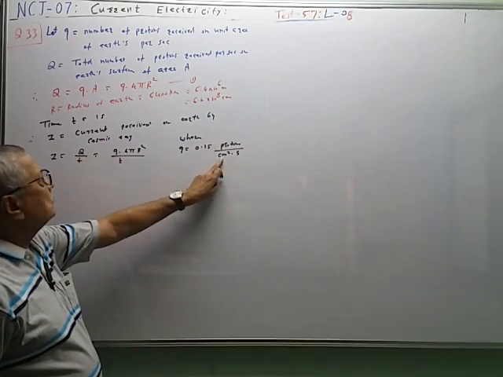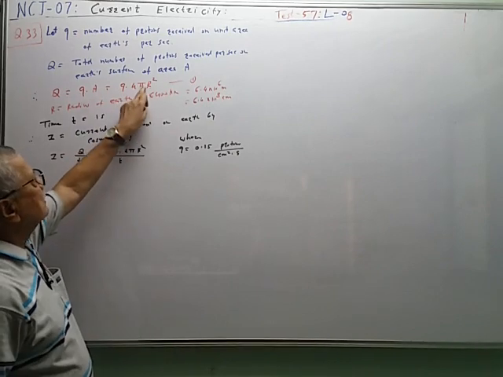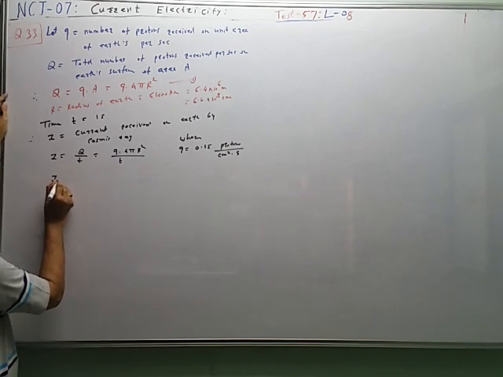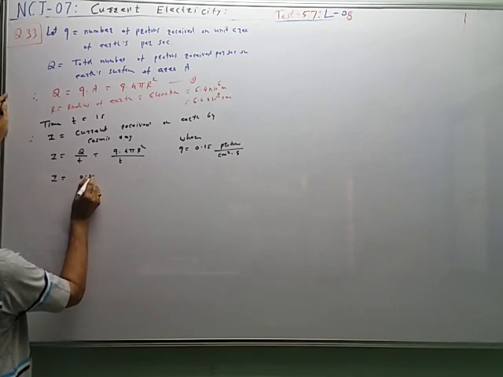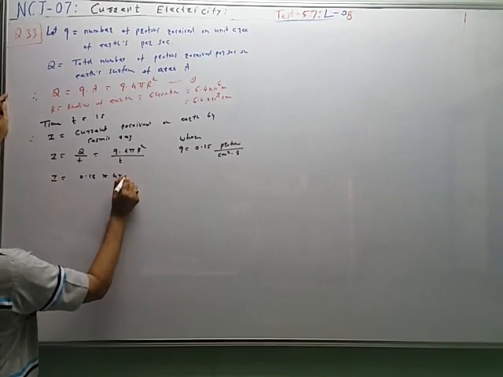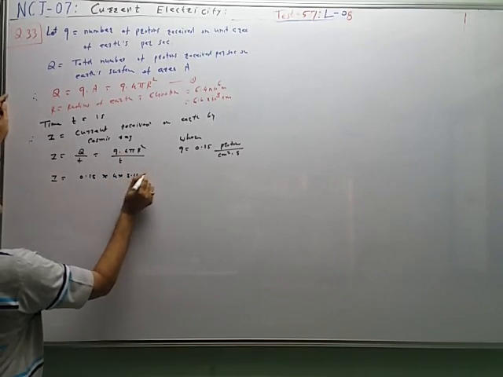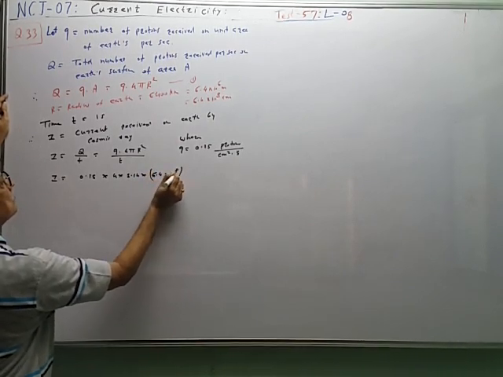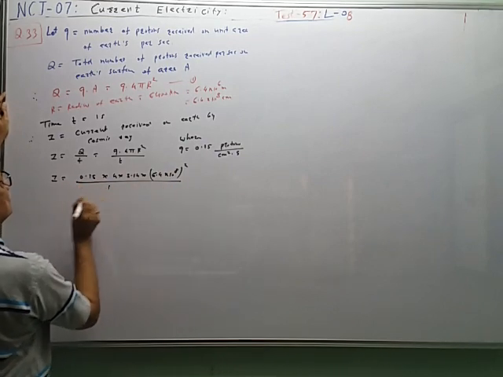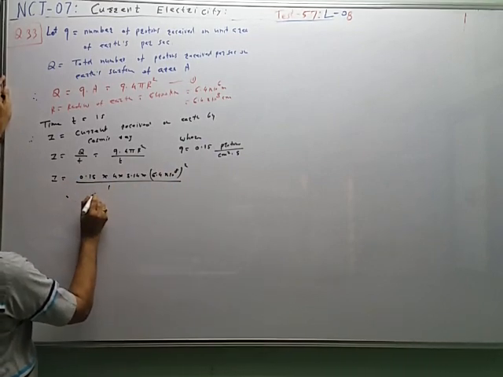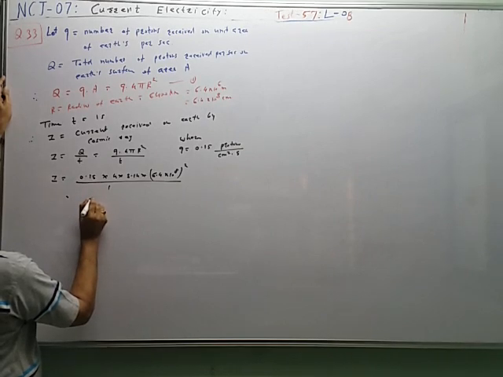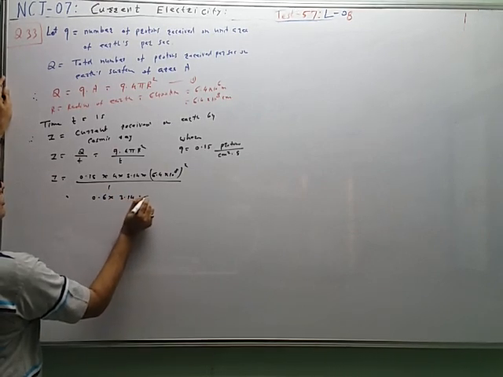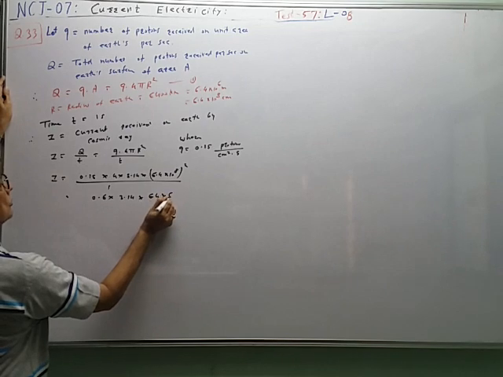म्हणून हा सेंटीमीटर स्क्वेअरमध्ये, म्हणून एरिया पण सेंटीमीटर स्क्वेअरमध्ये आपल्याला कॅल्क्युलेट करायचं आहे. म्हणून मी रेडियसची व्हॅल्यू सेंटीमीटरमध्ये कन्वर्ट करून घेतली. So I is equal to 0.15 multiplied by 4 multiplied by 3.14 multiplied by 6.4 into 10 raised to 8 bracket square upon 1. So 0.15 into 4, so that is equal to 0.6 multiplied by 3.14 multiplied by 6.4 multiplied by